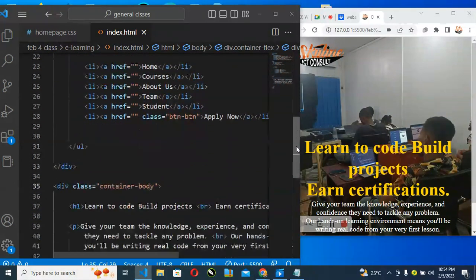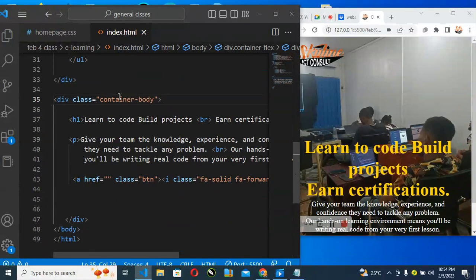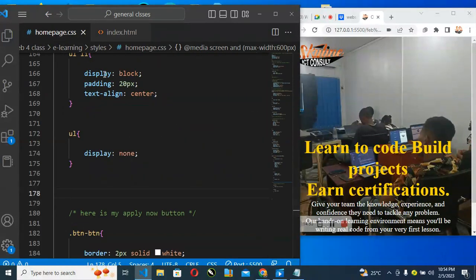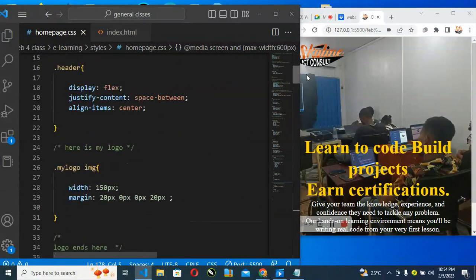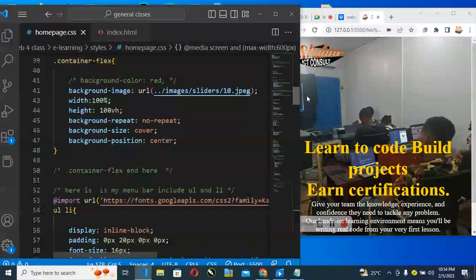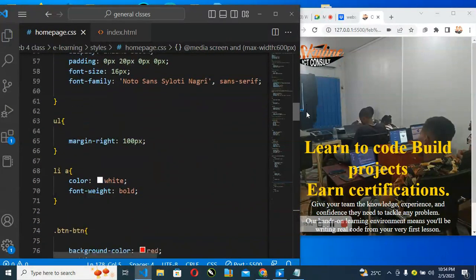Okay. Let's try the body container. Let's try to work on that body container. Before then, let me inspect and see what I'm actually doing on the body container, so that I'll know what to do. Okay, in the body container we have